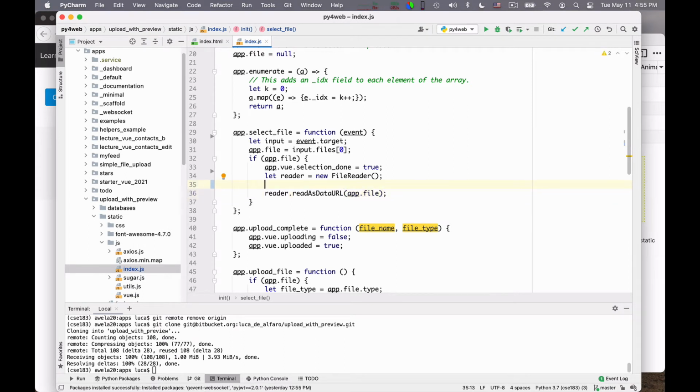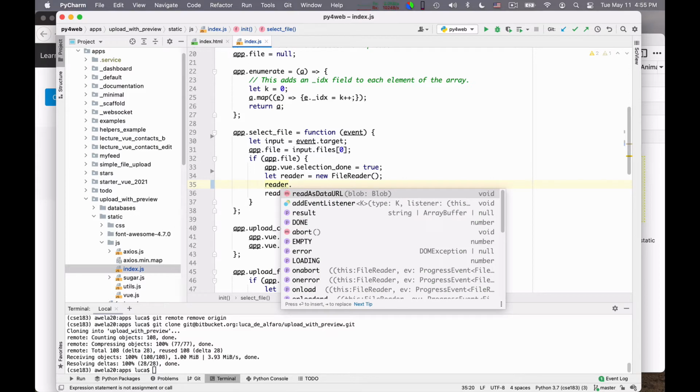And when I'm done, I want to do something else, right? So when I'm done, I essentially want to set this image URL to what has been read. So I need to add an event listener to the reader to detect when the reader is done to set the URL. We did a similar one the other time for the uploader.